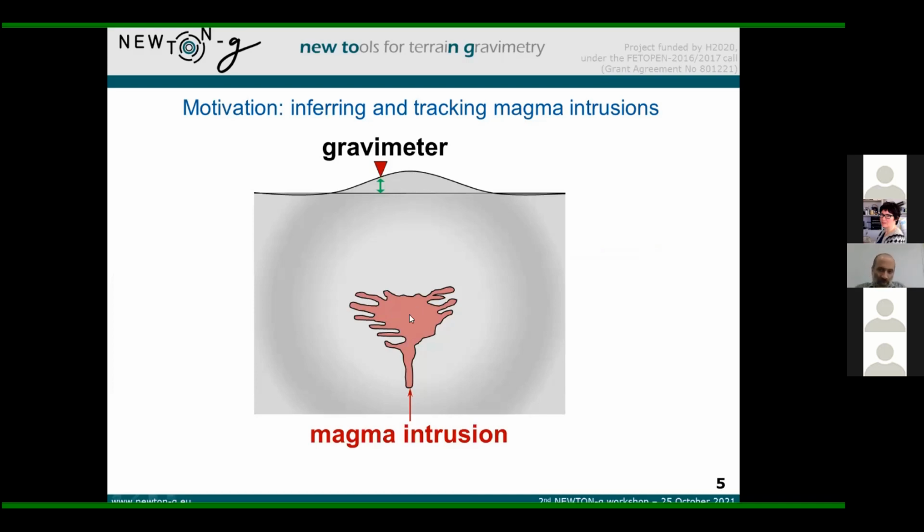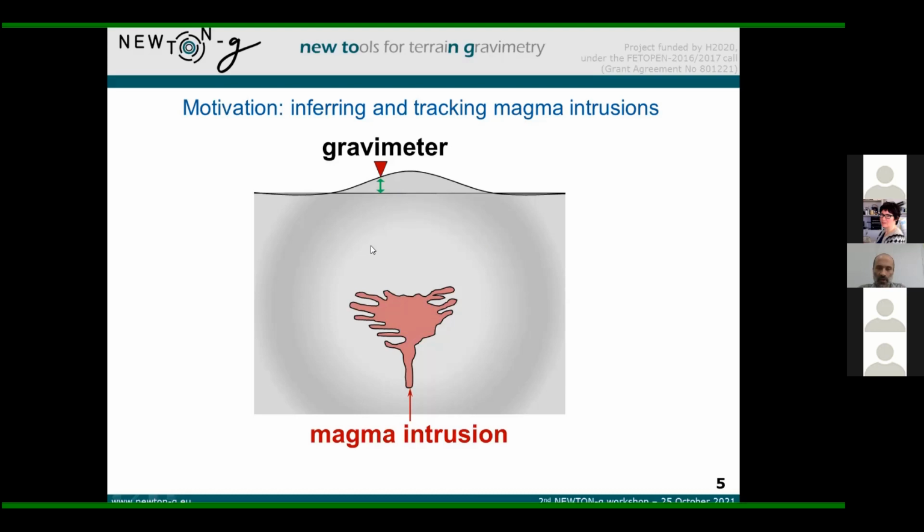Another important point that was already raised is the deformation effects or the deformation-induced gravity changes. Once we have magma intrusion in a magma chamber, in the medium in general, we have uplift, we have surface deformation in general, and therefore we will have the well-known free air effect for the gravimeter and other effects. Like another important effect is the density change in the host rock in the medium, as represented by this darker